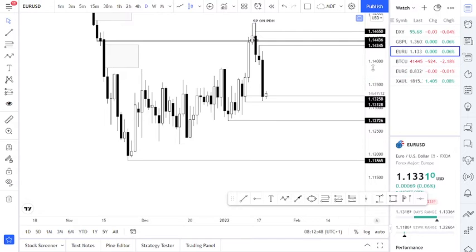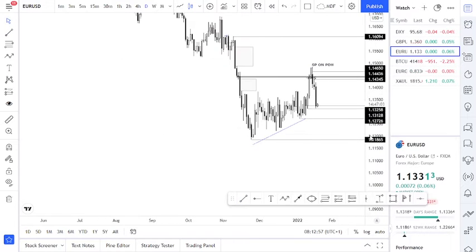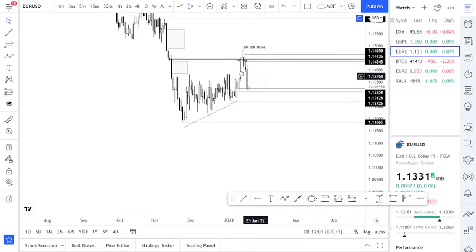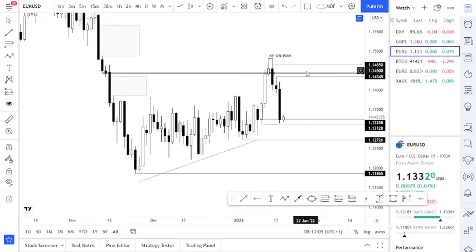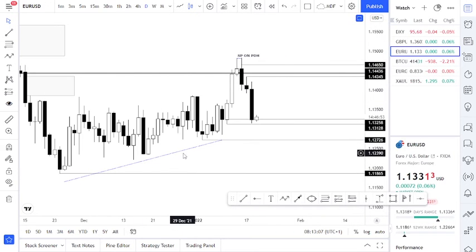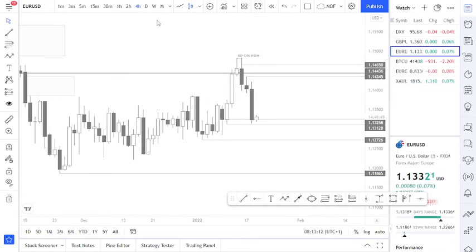So basically, you guys should understand that Euro USD has lots of liquidity resting below here. So anything aside from selling Euro USD is not a good thing. So if you are trading Euro USD, all you should be looking out for is what? Opportunity to short. So if the market is not giving you opportunity to short, I don't see any reason why you should be going into a long position.